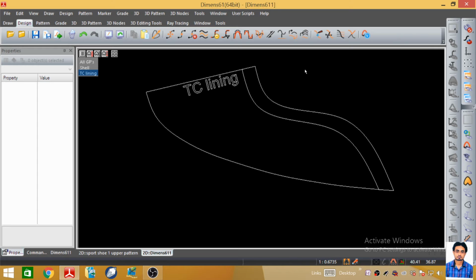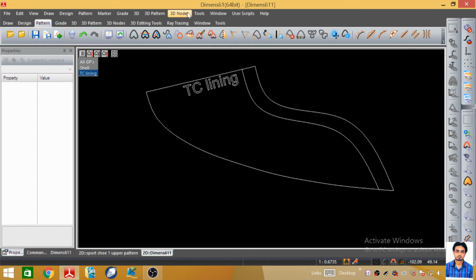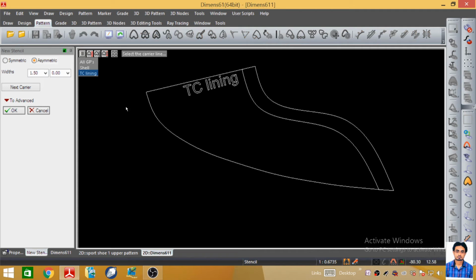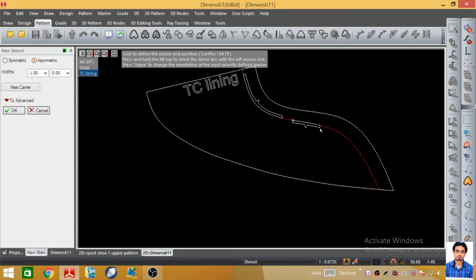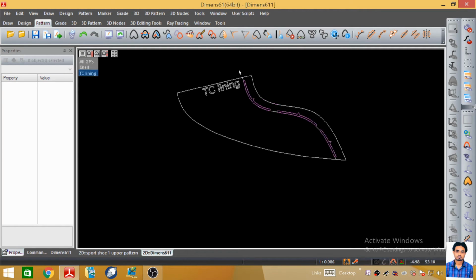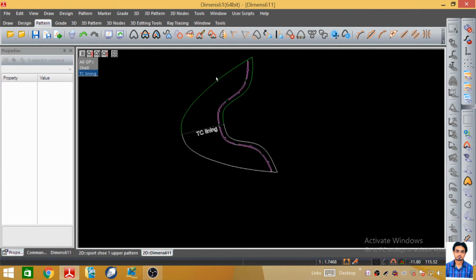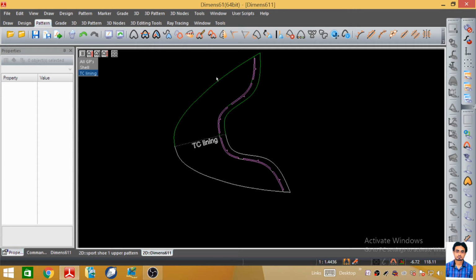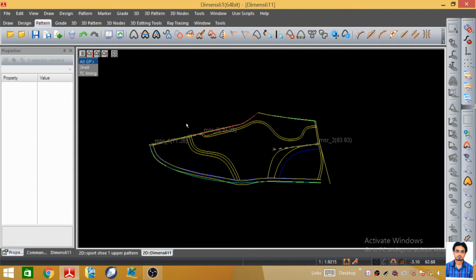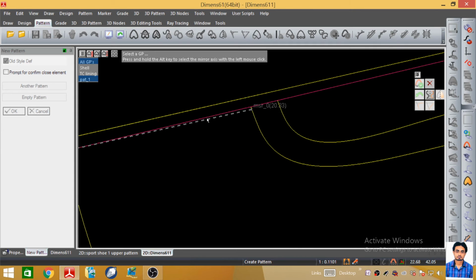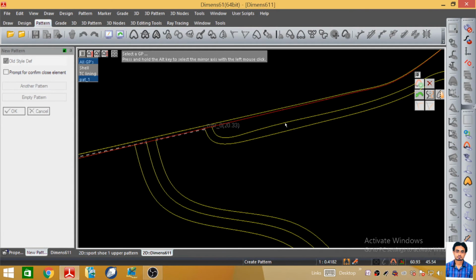Next important operation is we have to apply the stencils to this pattern. So we have to select the new stencils and select the baseline, and then we have to start the drawing stencils. After the application of stencils, we have to mirror it like this. Now we can see the final pattern of the toe cap lining has completed. Next we have to eliminate the pattern that is called the quarter portions of this lining. So we have to go to the new pattern icon and select this portion